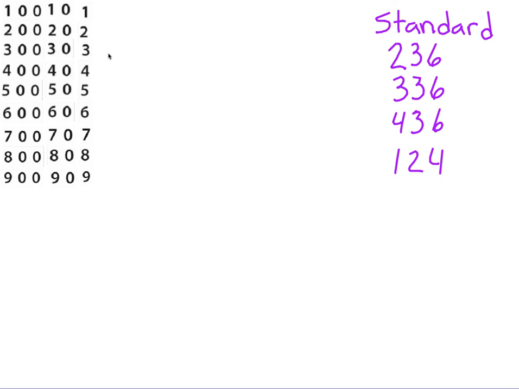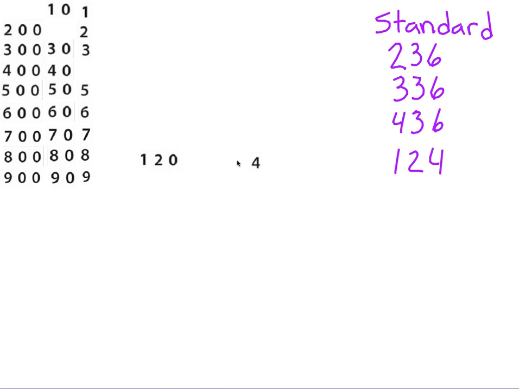All right. 300, 30, and 6. The students can see that the only thing that they're changing in value is the hundreds column. And the last one, 100 plus 20 plus 4. When the kids start to see these numbers and see their relationships, they're going to say, I have